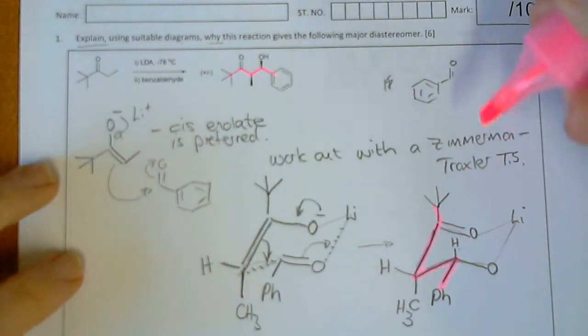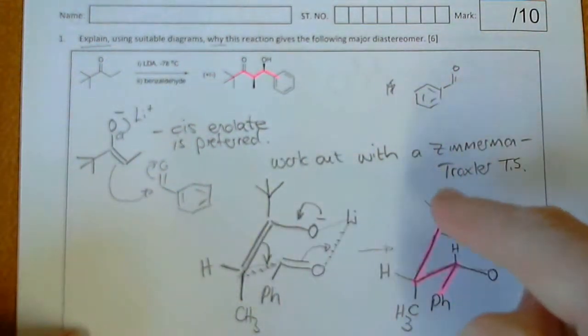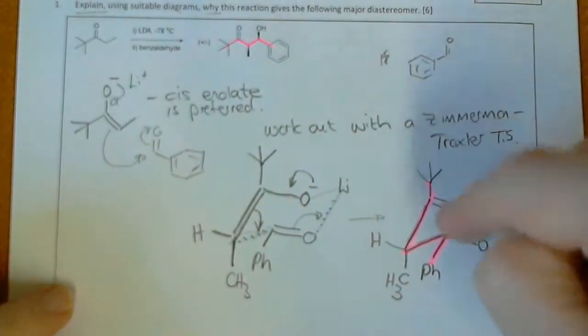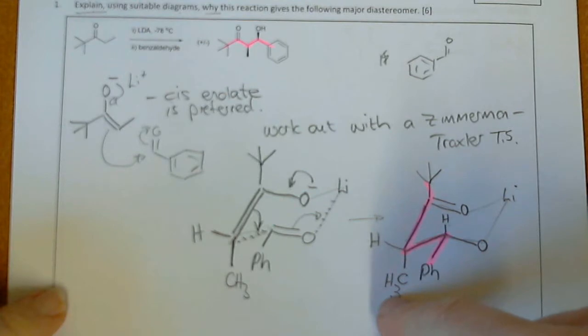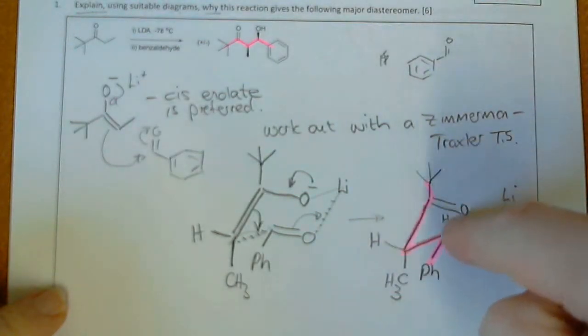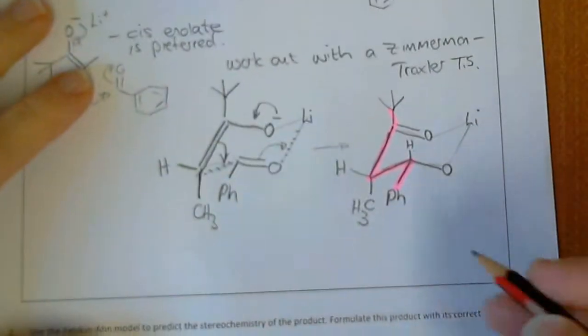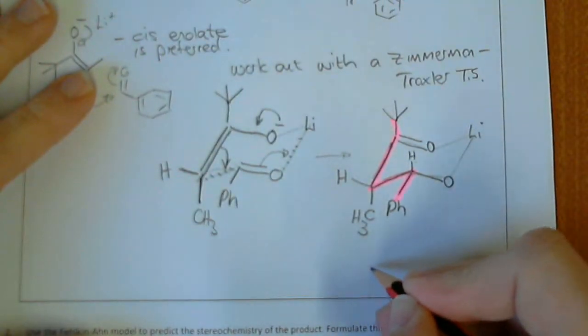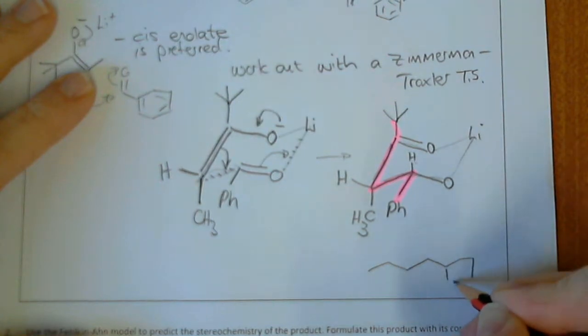If you look at that, it's kind of like we're looking from the top down. We'll see that zigzag pattern. And when we do that, we see that the CH3 is pointing down and zigzag, zig, and the OH part is also pointing down. So when I drew this out, the product of this would look like,